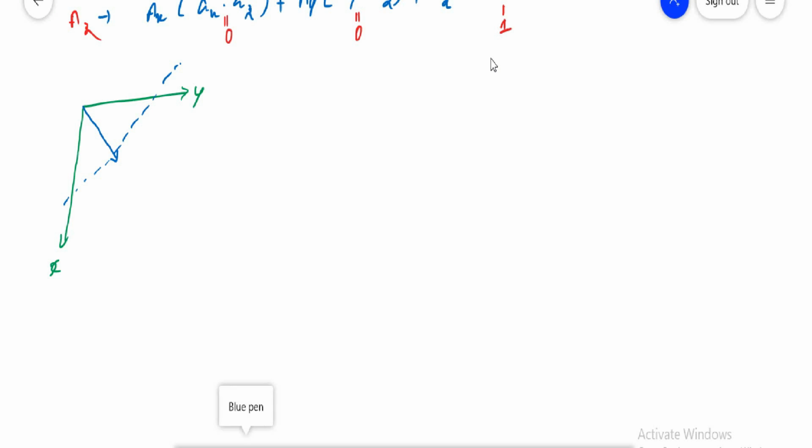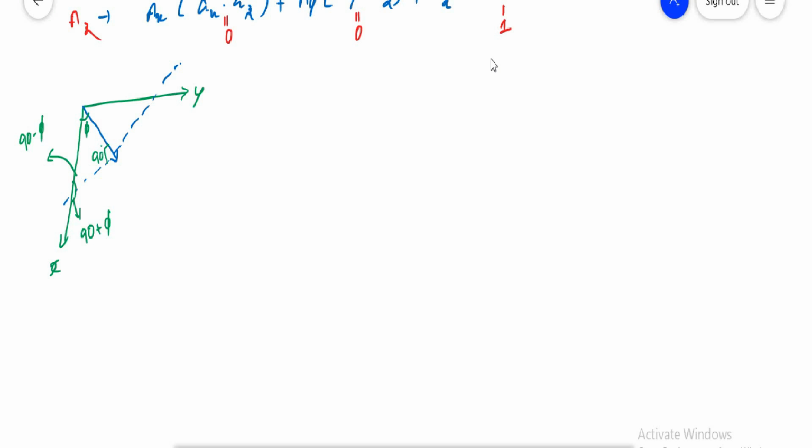So this is your angle of phi. Then here you are going to have the angle of 90 degrees. So according to the triangle, the total angle should be equal to 180 degrees. Here you got 90, here you have got phi. So this becomes your 90 minus phi. If it is 90 minus phi, the total becomes 180 degrees. Then this angle becomes 90 plus phi.